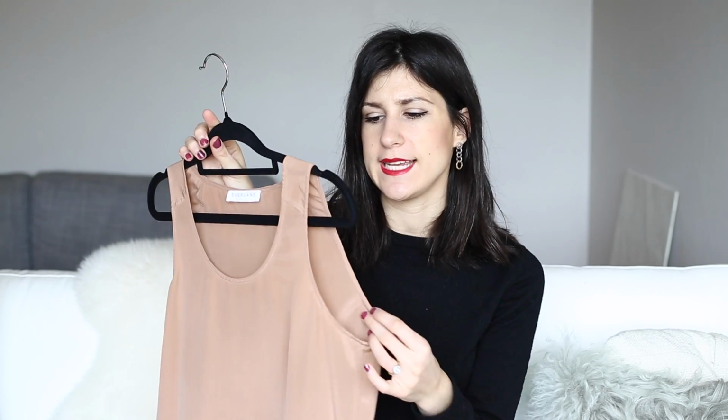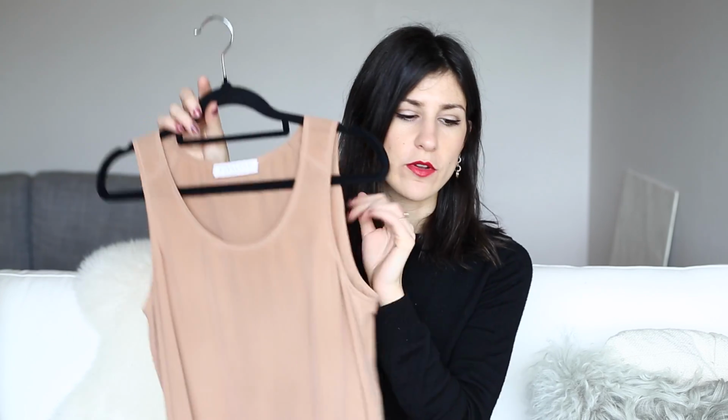They do cut away slightly high here on the back, so if you are wearing a bra underneath, sometimes it can show. So I tend to use one that crosses over at the back just so that I can avoid having my bra straps showing. Sorry if that's TMI, but yeah,